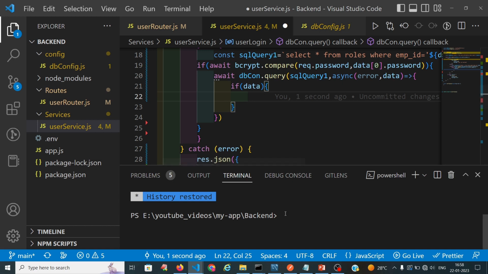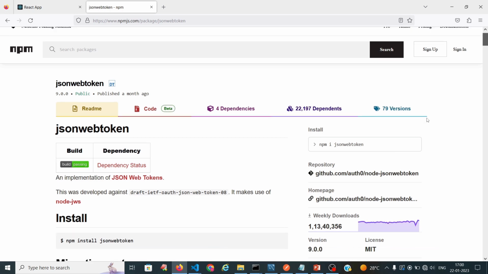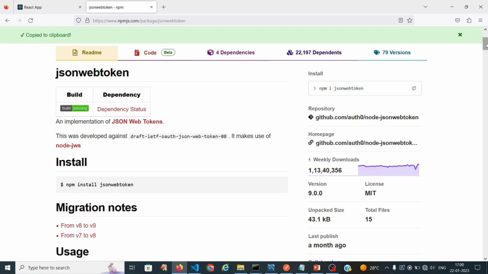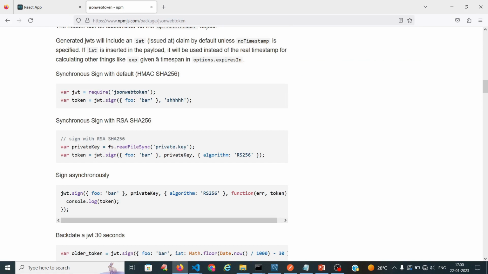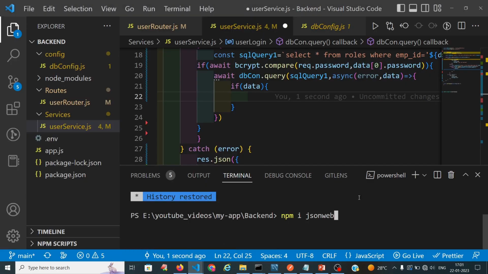Before using JWT, we have to install jsonwebtoken. So npm i jsonwebtoken. We can also find here how to use this token. You pass the expiry, and we have to create one security key for this, and pass the data here. They are passing some data and the private key for security purposes. So this is how they use it: they pass the data, the security key and the expiry. We are not using expiry now. So you have to install this one,